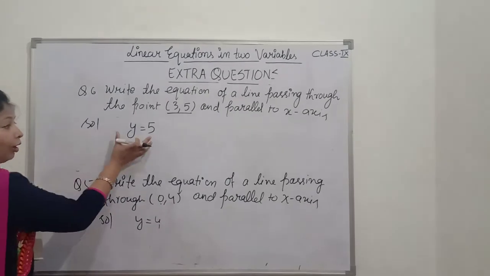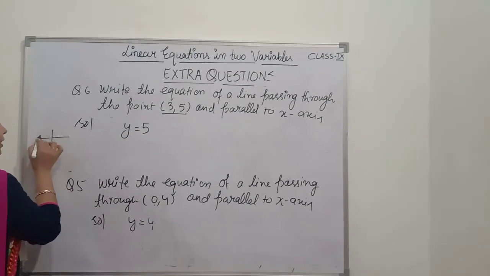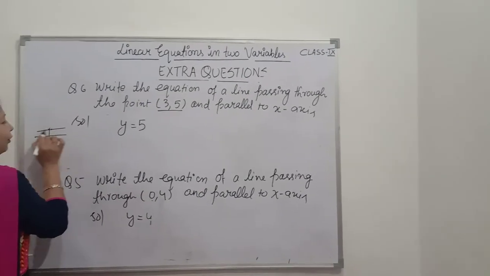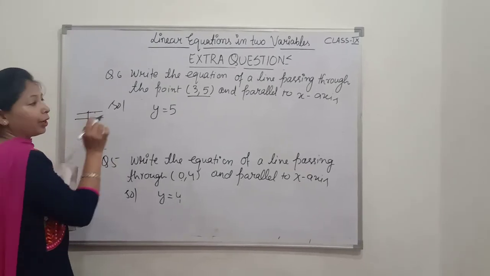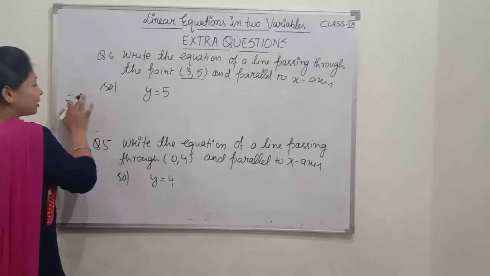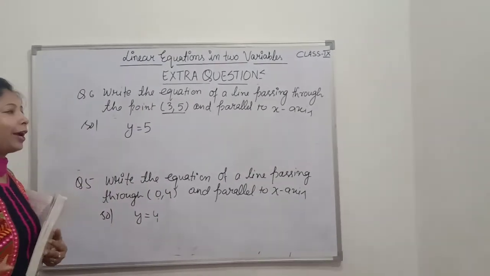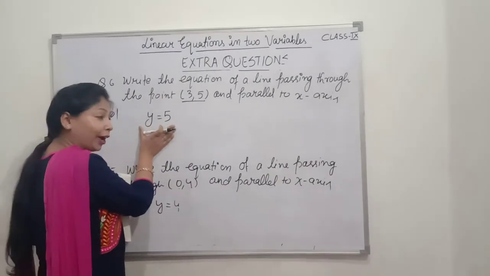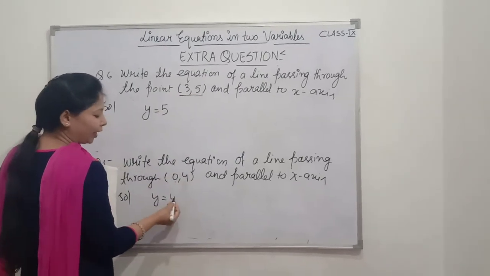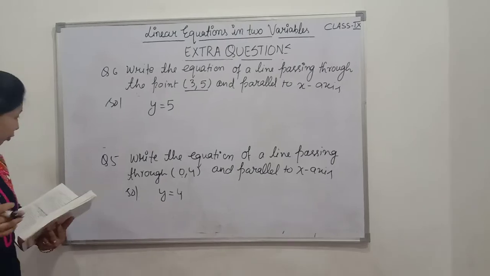So if you plot the graph of this equation, you will see the line is parallel to x-axis, and at this point this becomes (0, 5), this becomes (1, 5), this becomes (2, 5), this becomes (3, 5). So here you get the point (3, 5), and here is (0, 4). So it doesn't matter कि x 0 है या नहीं है, बट आपको क्या ध्यान रखना है कि जब भी इक्वेशन x एक्सिस के पैरेलल होगी, उस इक्वेशन में सिर्फ और सिर्फ y होगा, ठीक है। यहाँ कोई फर्क नहीं पड़ता है कि (0, 4) है तो ठीक है, हमने y इज इक्वल्स टू 0 रखा और यहाँ पे 3 रखा तो y इज इक्वल्स टू 5 भी आएगा.